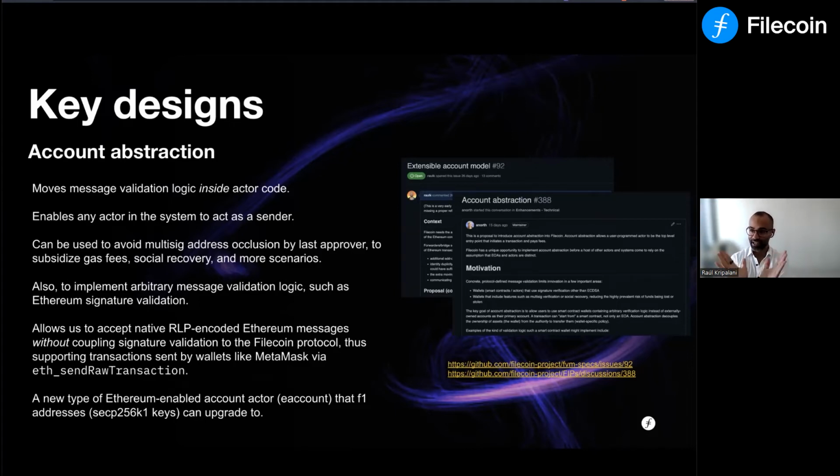This allows us to not tangle both protocols and the fate of both protocols, because both the Filecoin network and the Ethereum network are going to continue evolving. And if we had this coupling at the base layer, it would get messy in the future. So this allows us to offload this validation logic into an actor. We expect to introduce a new kind of actor that account actors will be able to upgrade to. So if you have an F1 address on Filecoin, this is a SecP